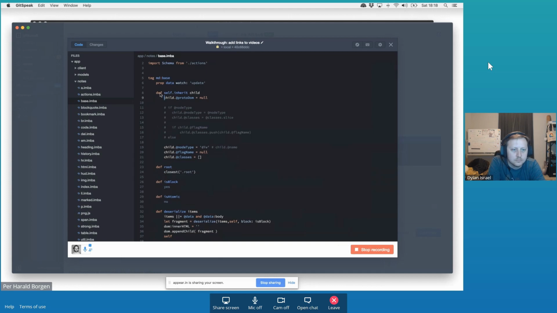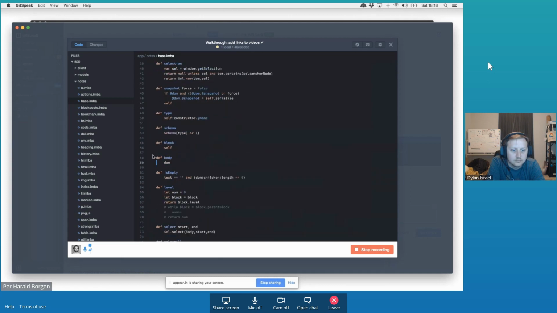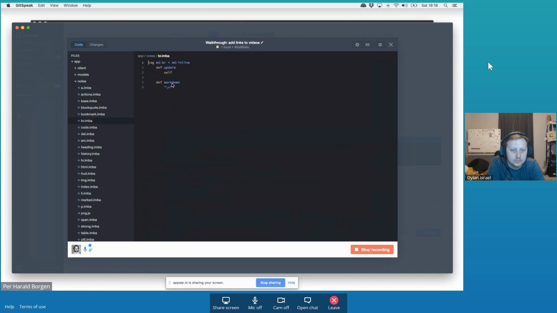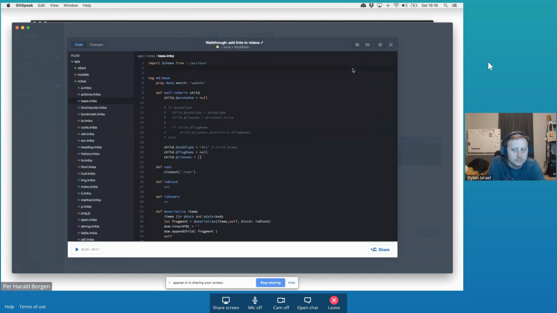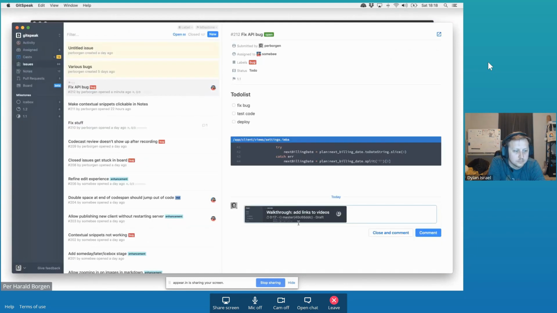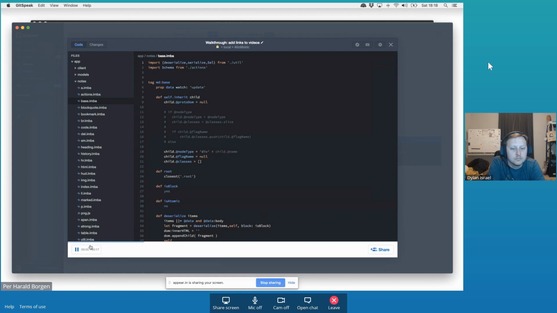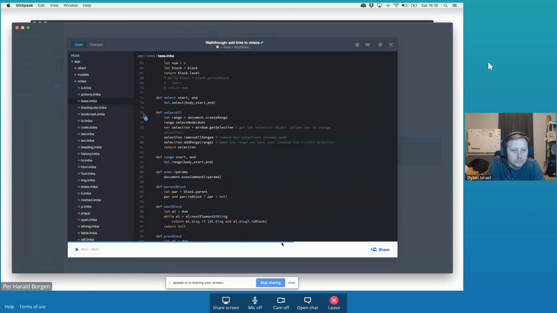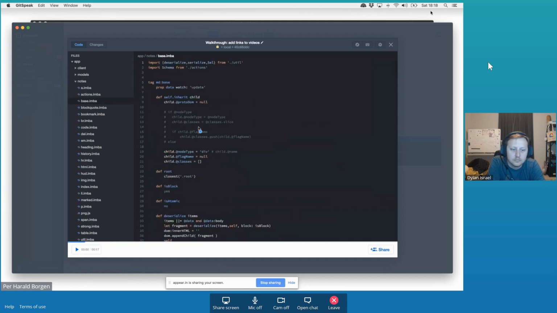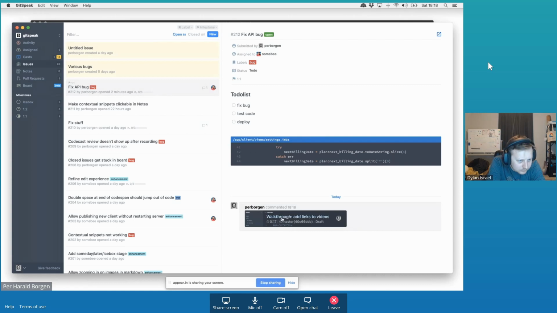And hey, so in order to fix this bug, you have to change around this method here, and you also have to make this DOM node here render in a different way. And of course, don't forget to update this method, blah, blah, blah. You get the point. Stop recording. And now that has turned into an interactive screencast, which I can just paste into a comment. So when the developer checks it out, they just open it and play it. Right now you won't hear my sound, but I can just scrub through it because I'm routing the sound to my AirPods. But that's this concept taken a step further.